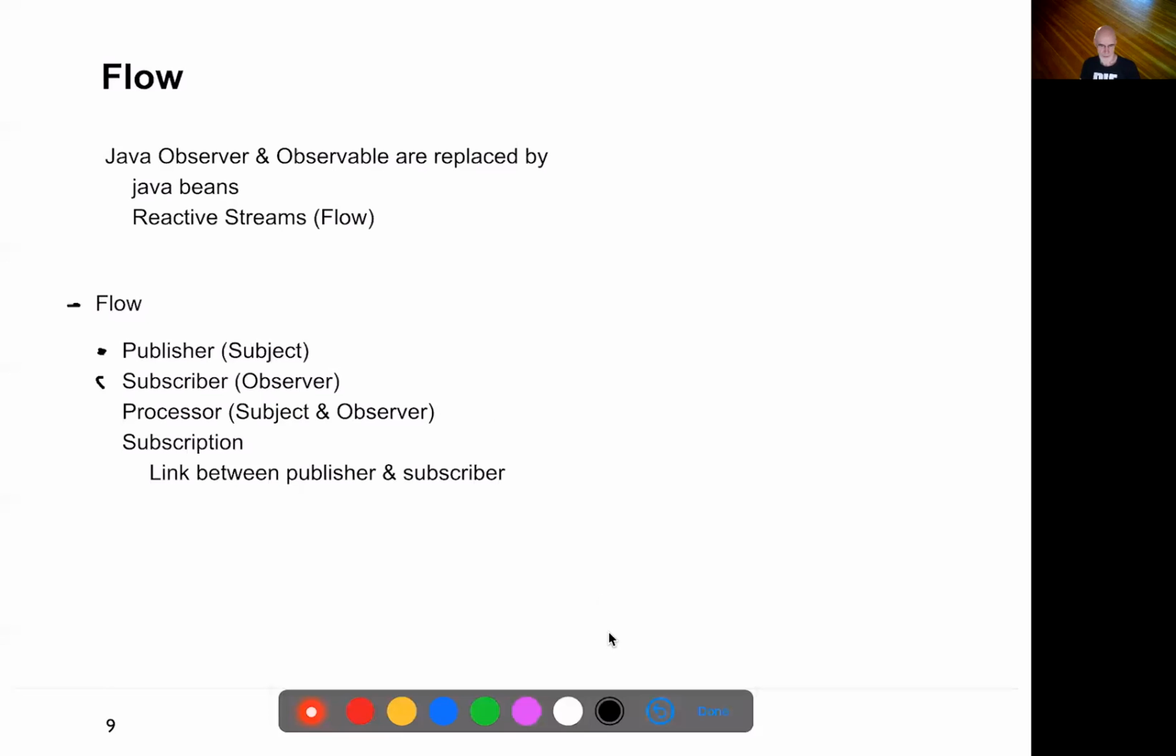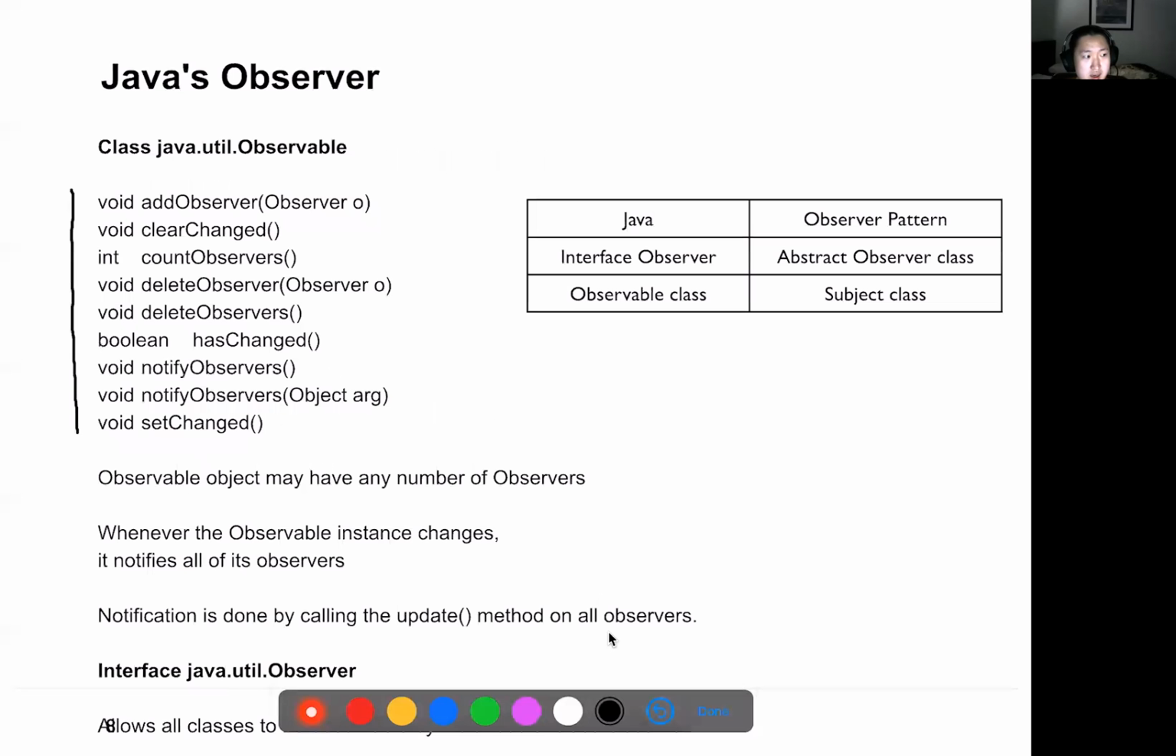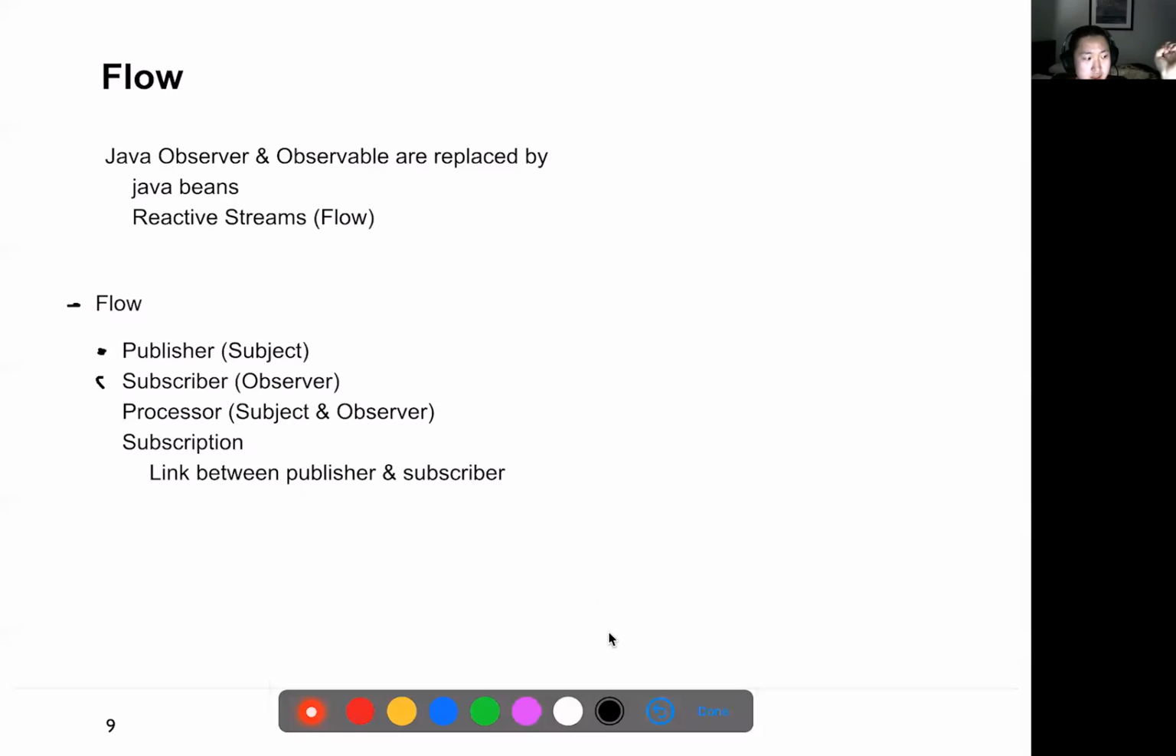Before things went blank for me, I was talking up to Flow, which replaces the observer. Sorry, can you go back a tiny bit to talk about Java Beans and then the Flow? I think you were just starting the slide. Yeah, so